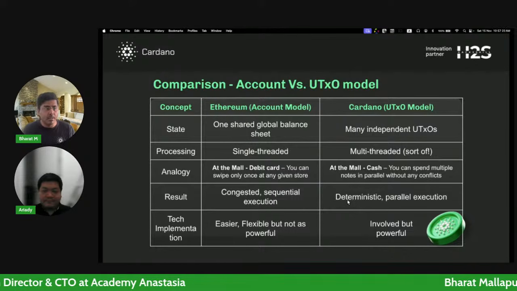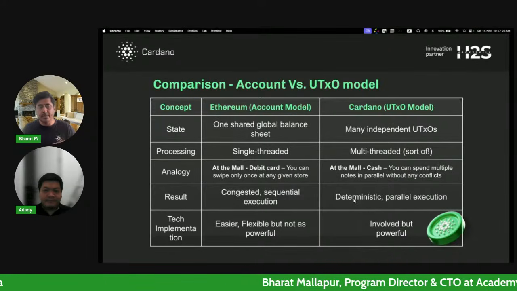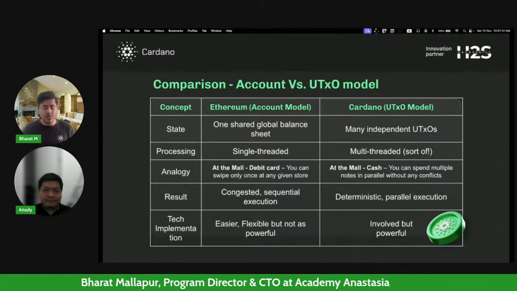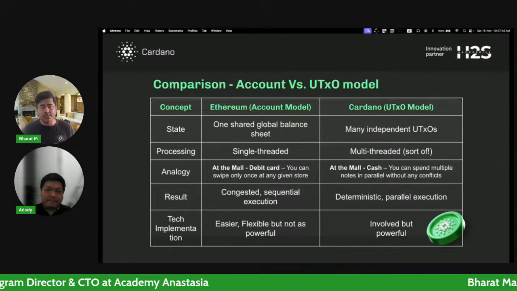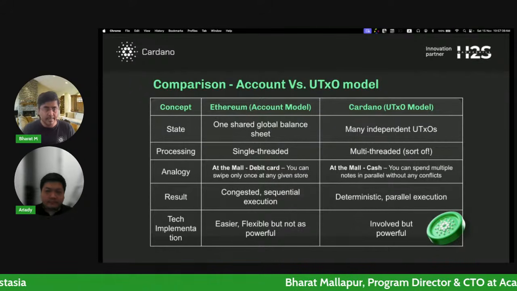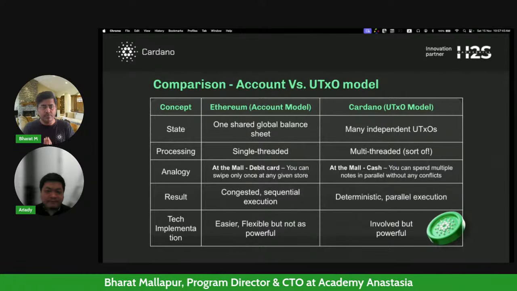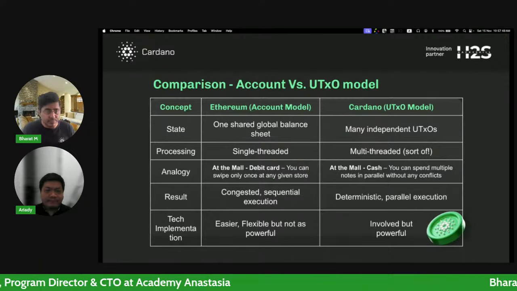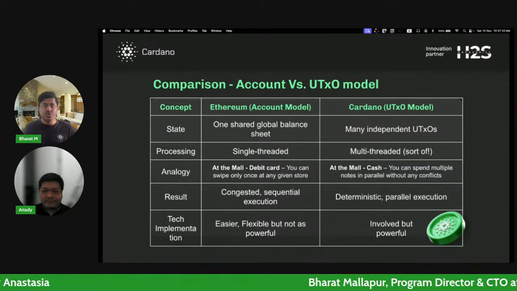is Cardano transactions are deterministic. As I said, you are going to get back your money, and the fees that you pay on Cardano are always deterministic. Before you even submit the transaction, you know exactly how much fees you are going to pay, right? If the transaction succeeds, you know how much the fees will be. And if the transaction doesn't succeed, then you don't pay any fees, which is very different from Ethereum, where, first of all, it will show you an estimate, right?